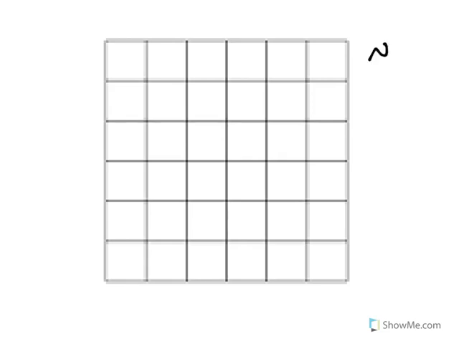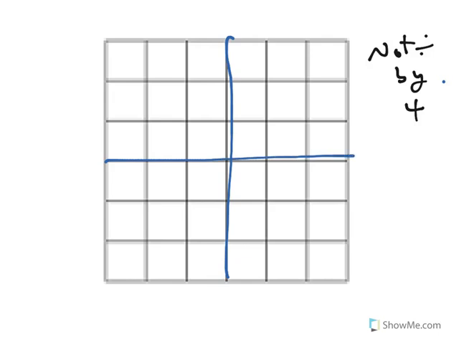So this one is not divisible by 4. That's actually the easier kind. So a 6 by 6 or a 10 by 10. The way we do one that's not divisible by 4 is we split it up into 4 equal pieces. And each of these pieces is going to have an odd dimension because this thing was